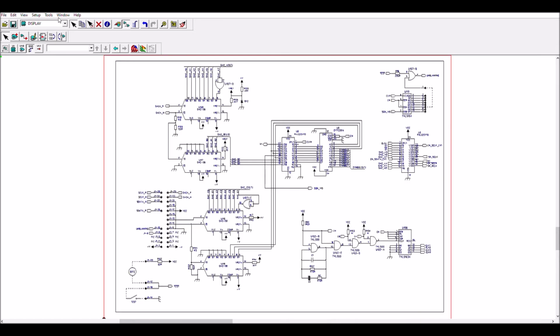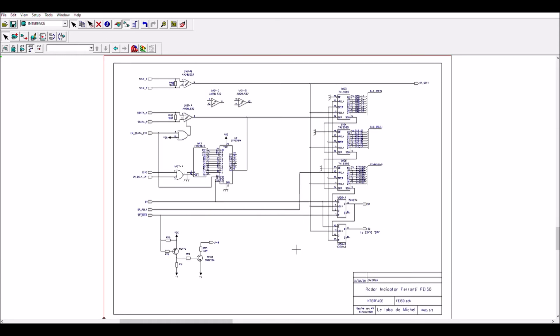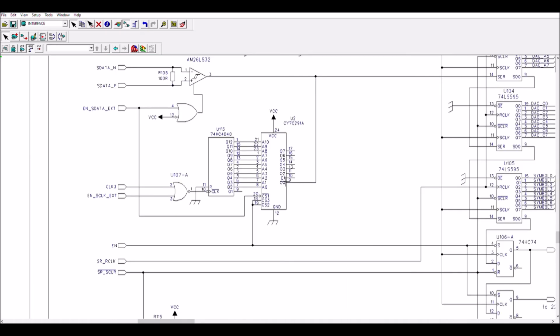So let's return to the interface page here. So there is one interesting thing on this schematic, which is this stuff here, because the data here of the shift register can be selected between the host computer here through the interface line, but also through this second PROM. So there is another PROM here with only 1 bit used apparently, which is output 0 here, and this permits to load the data into the shift register.